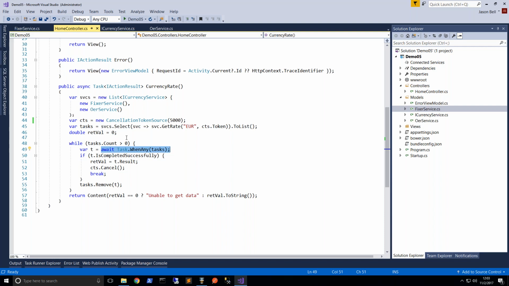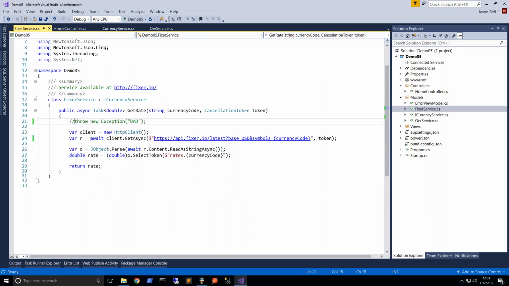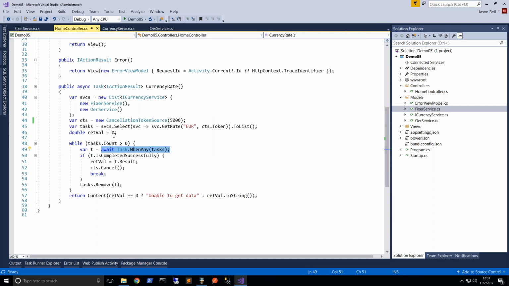And I've got people that are clicking places in my website or viewing the about page or doing whatever, and I keep my site really nice and scalable, right? Now, one of those web services finishes. And so then a thread pool thread is going to be obtained to run the remainder of this code, which is going to parse the JSON and get the result and return it out, which is going to then signal an object so that another thread pool thread can be obtained to then run the rest of this controller action,